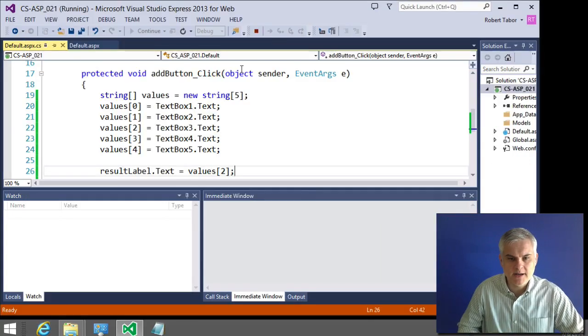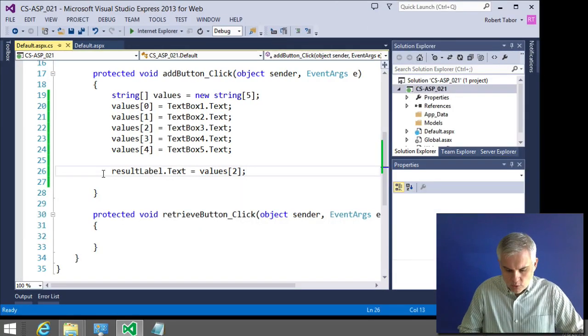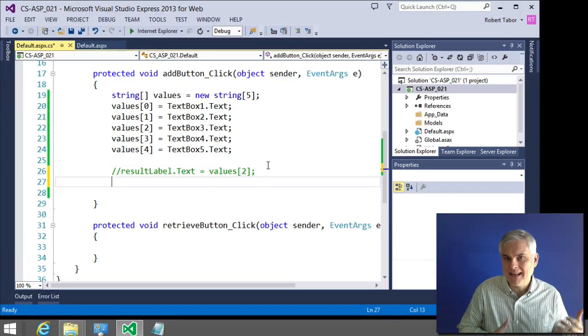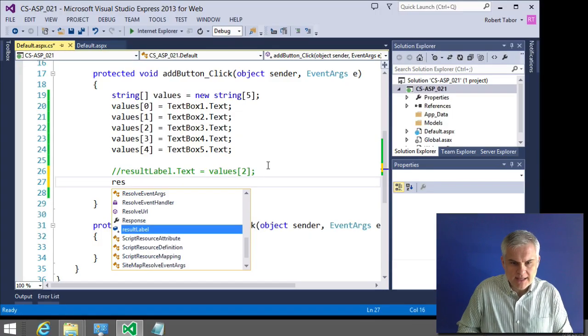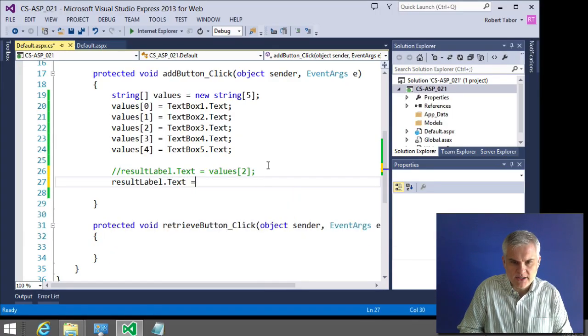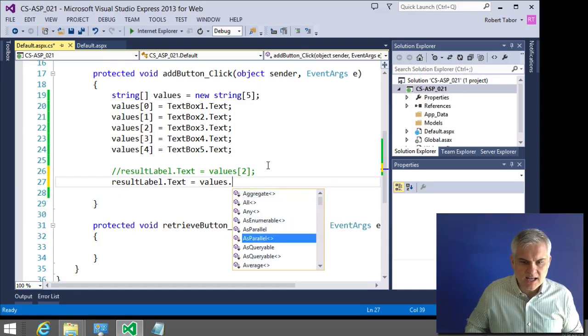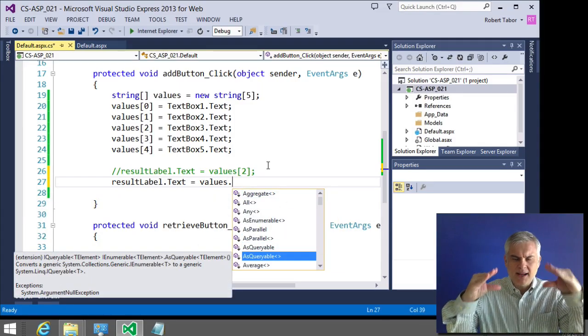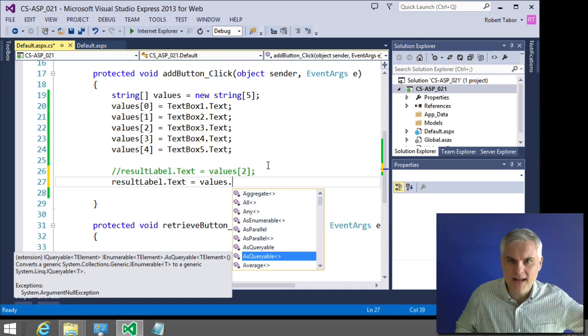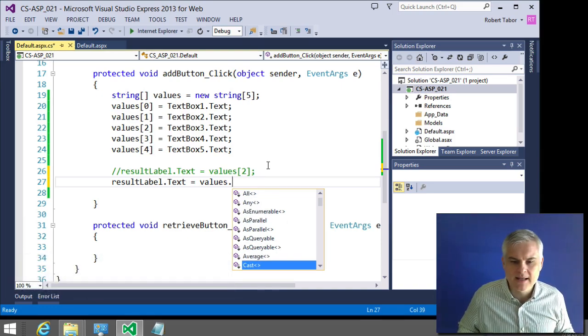All right. Furthermore, it'll become important at some point for you to realize that you may need to find out how many elements are in the array. You may not know at runtime. So you can do that like this: result label.text, and we'll just print the number of items. So values dot, and you can see that there's a lot of helper methods, but they have these little angle brackets after them. Ignore them for now. We'll talk about them later, okay? But it does have one that we can use